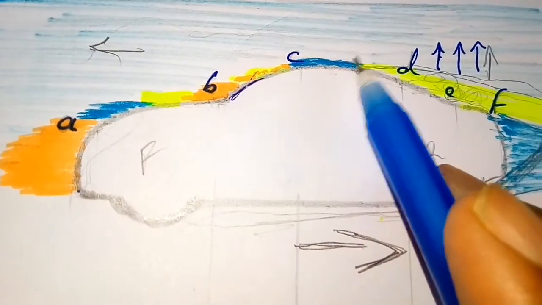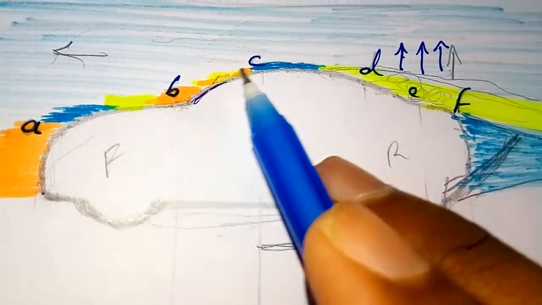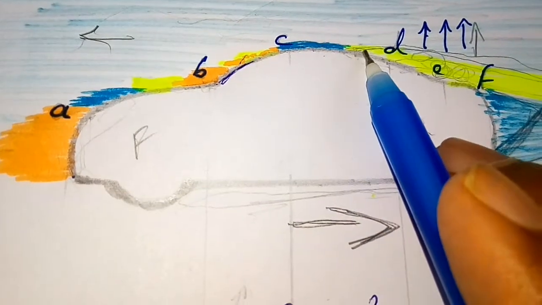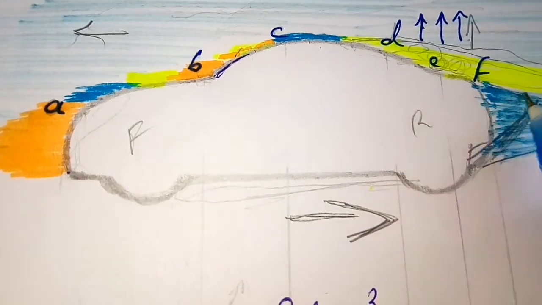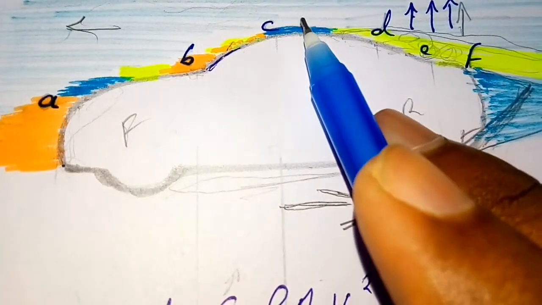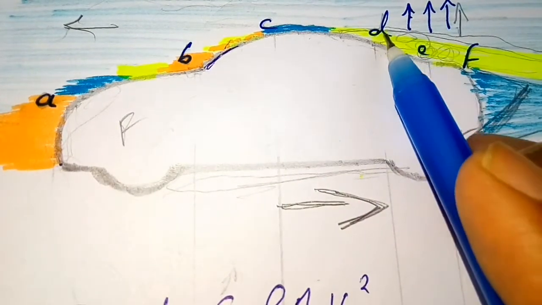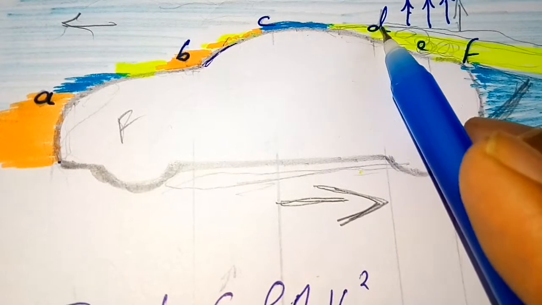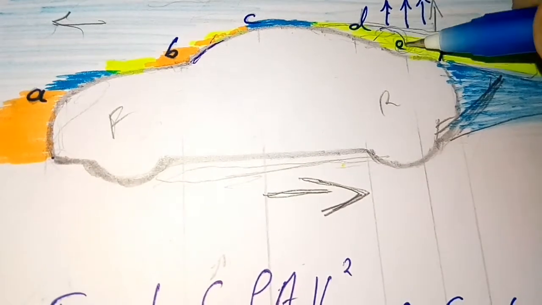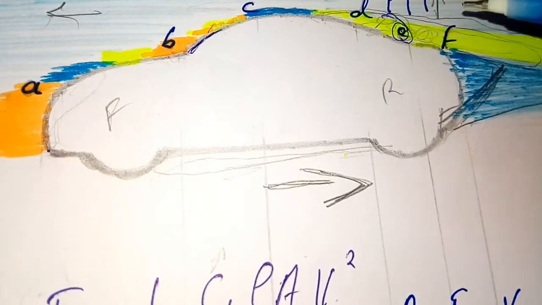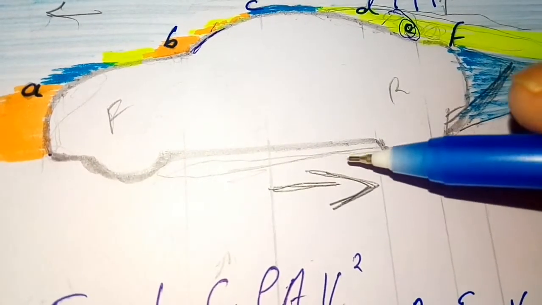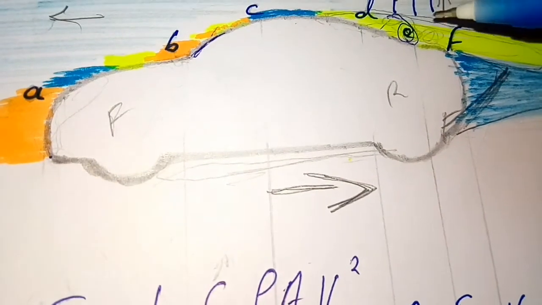It's a sedan car, so the velocity of the air molecules will cause it to pass over here. So there will be an absence of air here, which will lead to a vacuum. But the vacuum will attract the air molecules, that is, the streamlines that are passing over here. So a swirl will be created. The air molecules passing through here will be attracted to this vacuum. But whatever happens, the pressure here will be very low compared to the pressure that is underneath the vehicle, which will lead to a lift here.